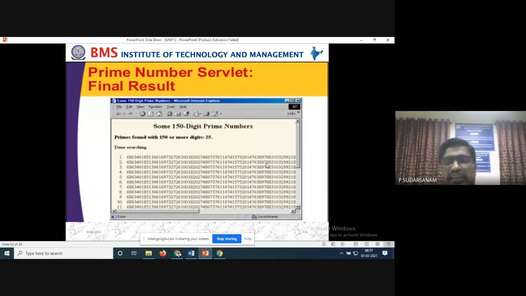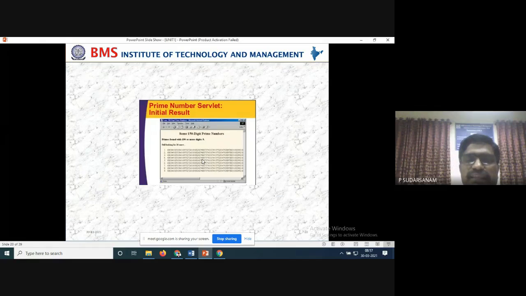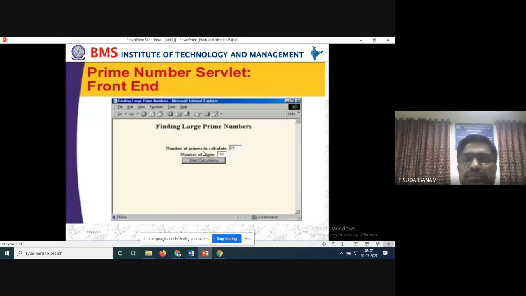That is the way of working for prime numbers crossing 150 digits. So 150-digit prime numbers, bigger numbers we have taken. However much you want, you can take bigger numbers, and the header refresh is how it happens. So that is the example, one example we have taken here. Here it directly displays the number of prime numbers, calculating the first number and second number.